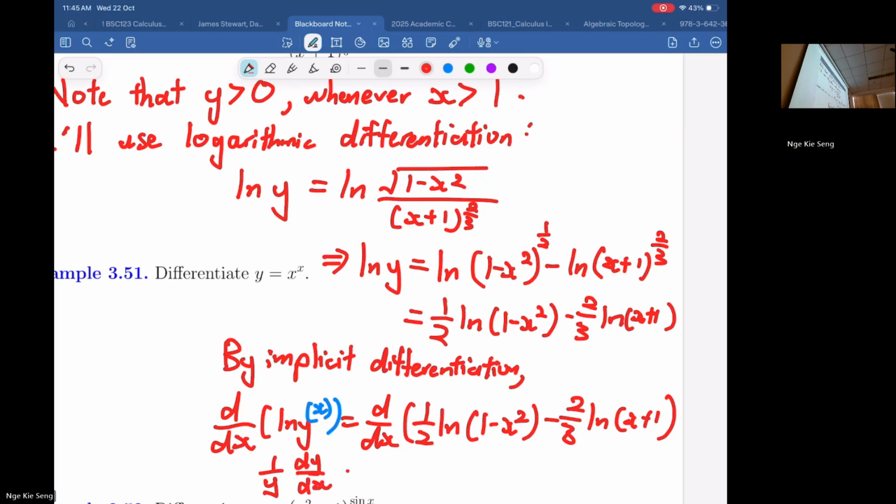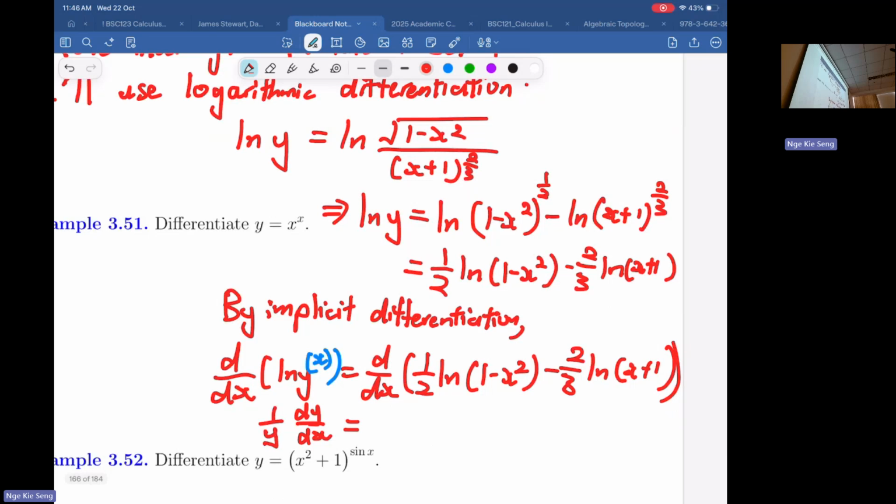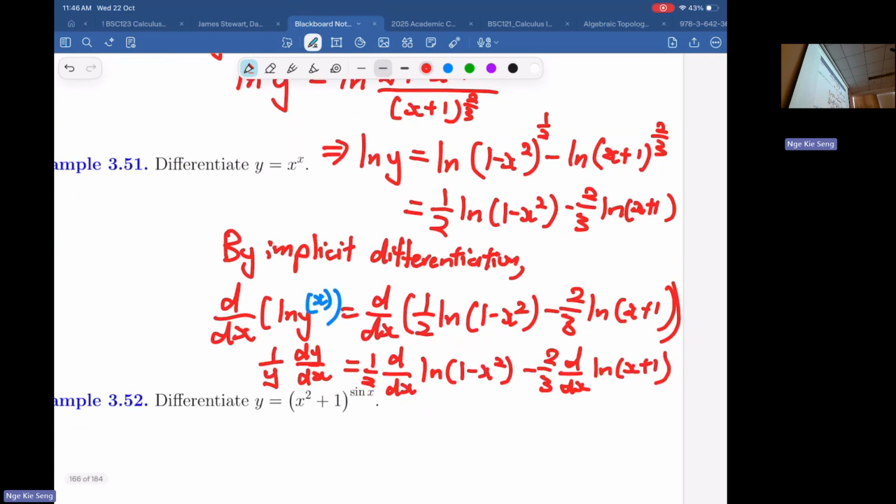And then on this side, what should we do here? We just use linearity to pull them out. So let's pull the sum out, and then pull the sum away. Okay, so you can see that I need to do the chain rule on ln of 1 minus x squared and then ln of x plus 1. If I use the chain rule, what should I get here? 1 over 2, minus 2x over